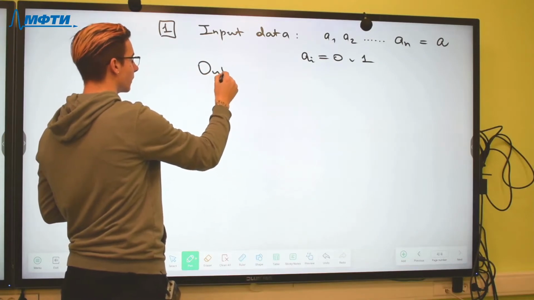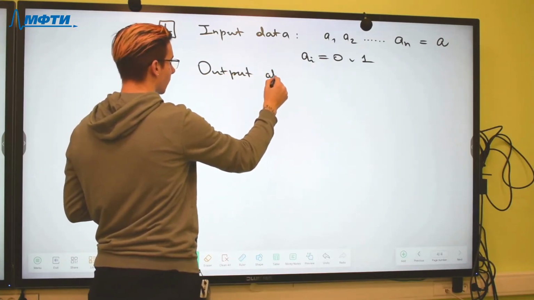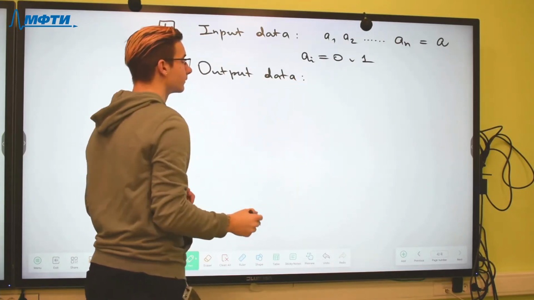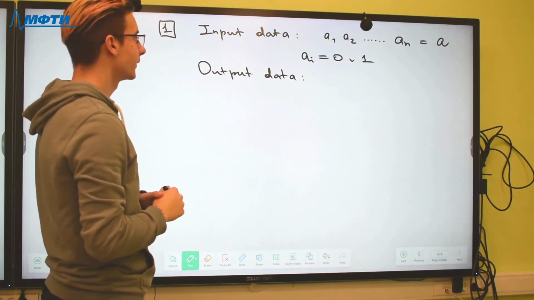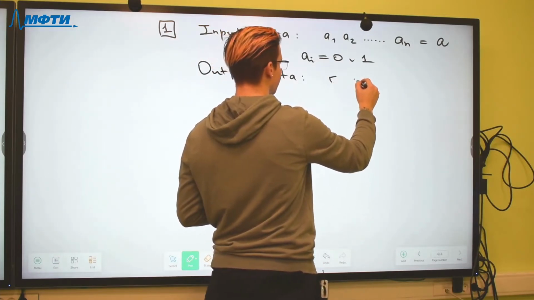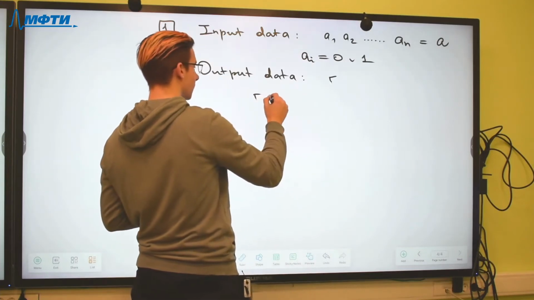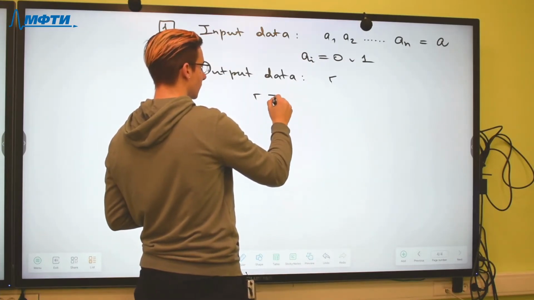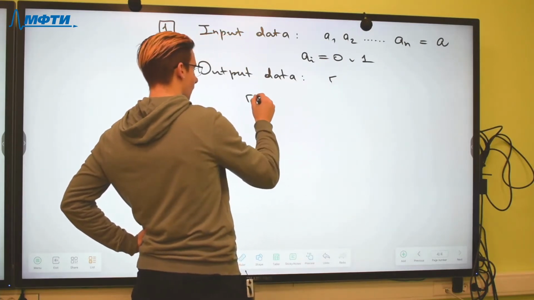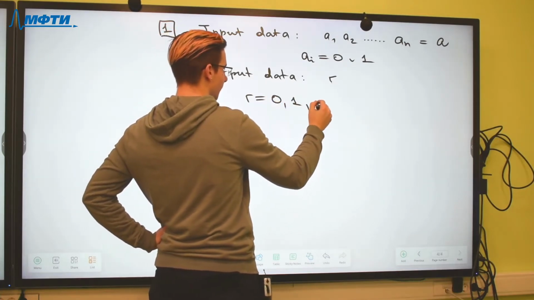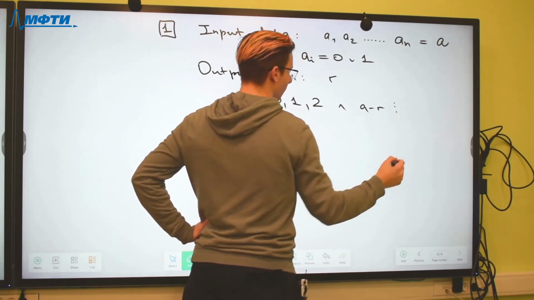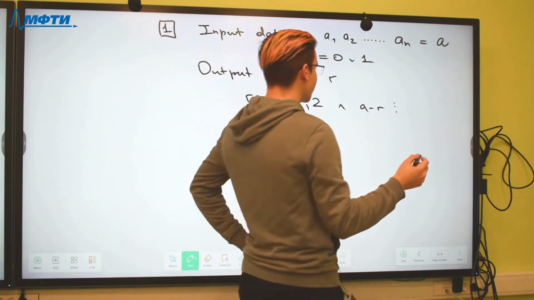And we need to find R such that A, R equal to 0, 1 or 2, and A minus R is divided by the